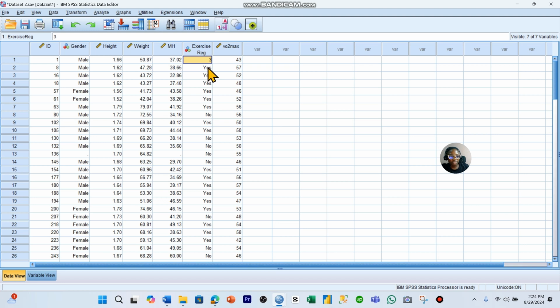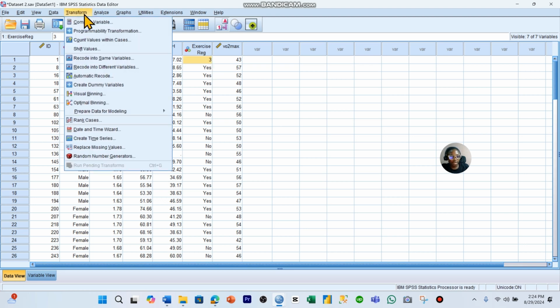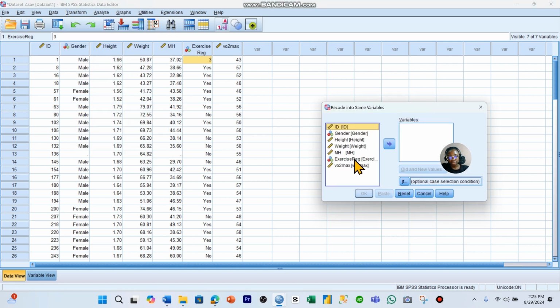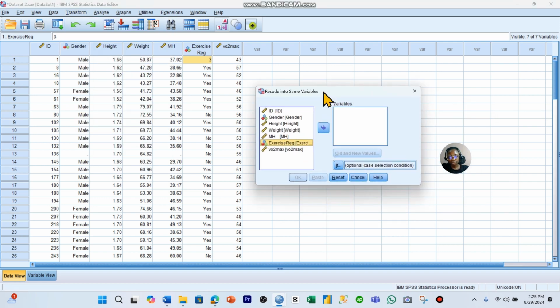So to replace it, what you can do is go to transform data. Then we have code into same variable, and we also have code into different variables. If we are coding into the same variable, that means it's going to replace the 3 in this particular exercise regularly column. But if you want to code into another variable, it's going to create a new variable and do the replacement there. So I want to choose code into the same variable,